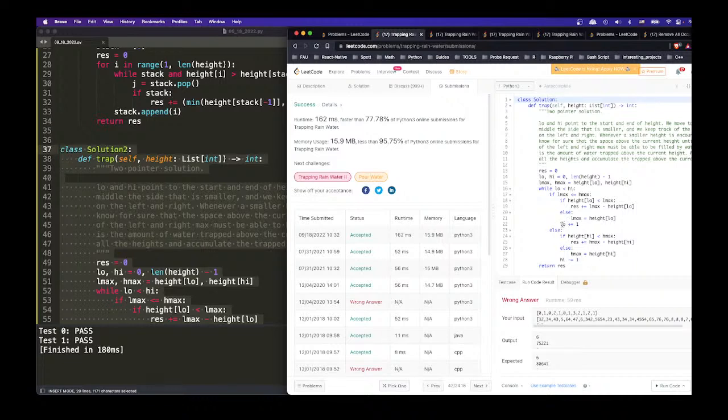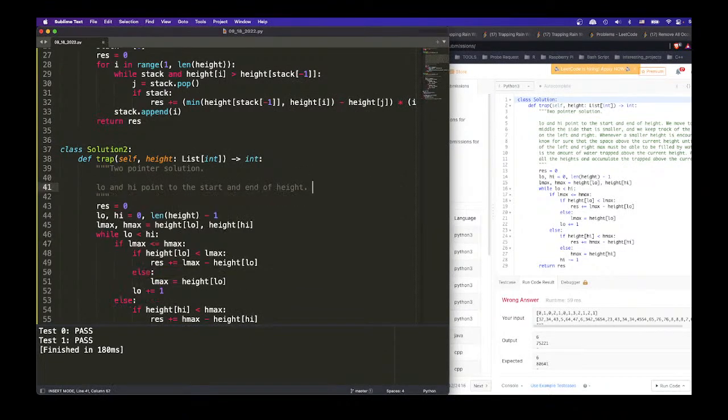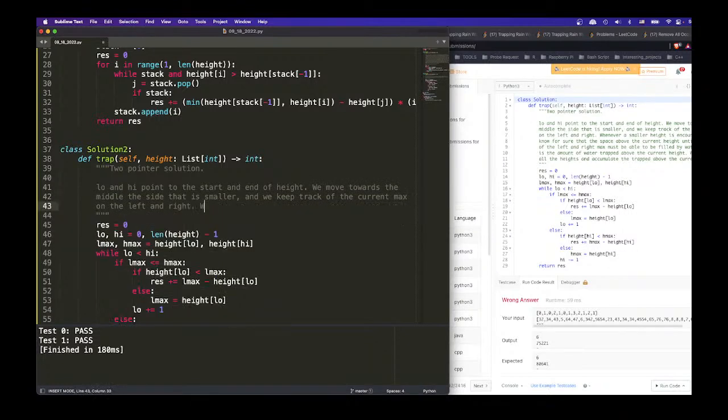Oh yeah, because I will move this, even if the right is smaller. Yeah, I'm missing. I can see a scenario where I'm missing, so that's actually not right. I'm gonna redo this. Move towards the center of the side that is small and keep track of the current max. Yeah, this is true. And whenever